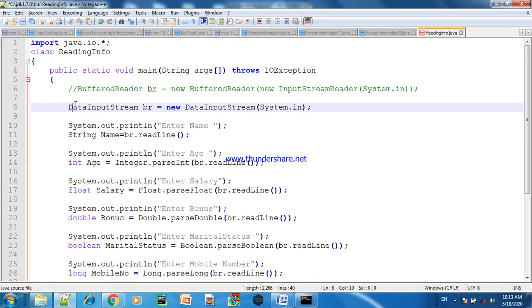I have mentioned all the details of buffer reader as well as input stream reader in my blog, so you can read the entire theory of these classes from my blog. The link of the blog is in the description. It is a very lengthy topic, so if I told you the entire topic here, this video would become very lengthy.